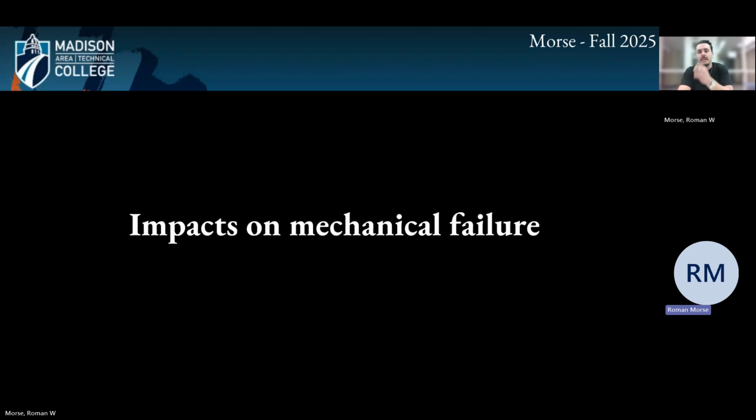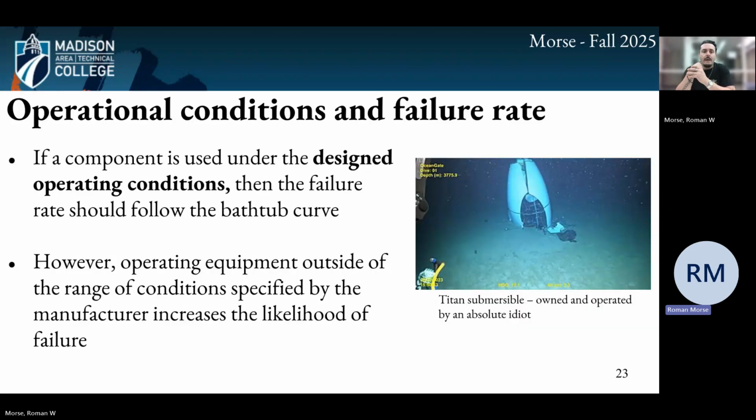All right, so impacts on mechanical failure: operational conditions and failure rate. Here I chose an image from the Titan submersible, because this guy was just an absolute idiot and was operating completely outside of the realm of conditions in which that submarine should be operating. It was an absolute engineering nightmare. He had his safety team and engineers on his team telling him the whole time it was bad, and he just fired them and got somebody to sign off on it. But this is an example of a very poor